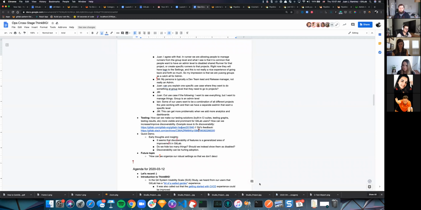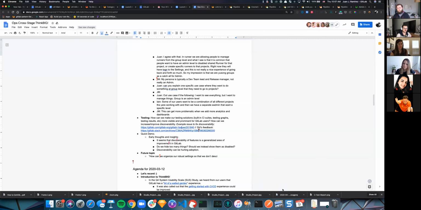Another early thought and insight that I had was, do we hide too many things? I feel that we hide many things intentionally. We say, oh, because this feature is not enabled, instead of showing it as disabled, we just hide it completely, which of course doesn't aid discoverability.